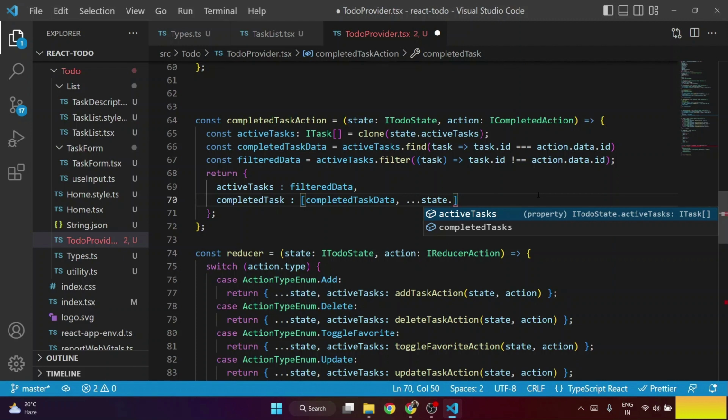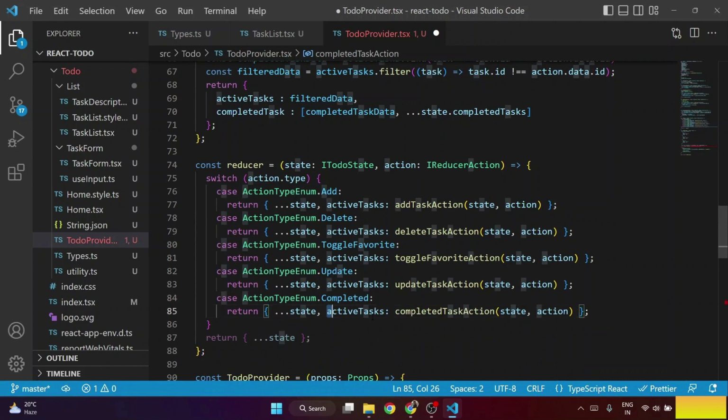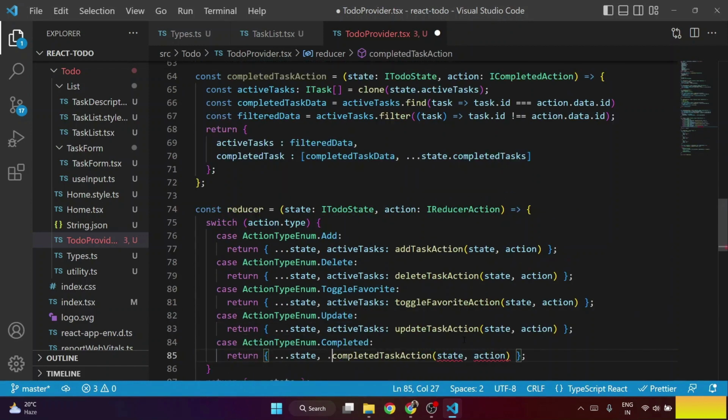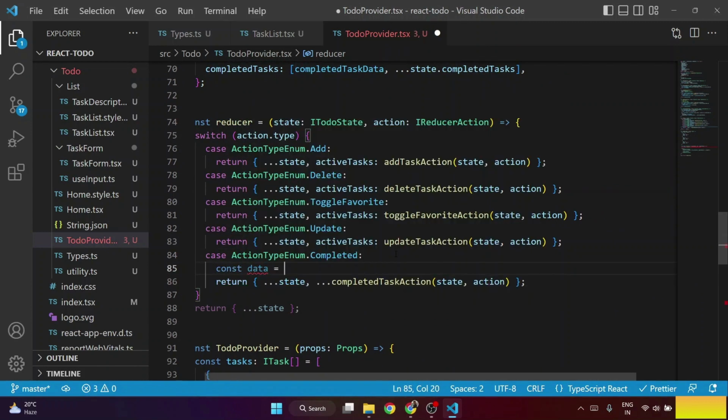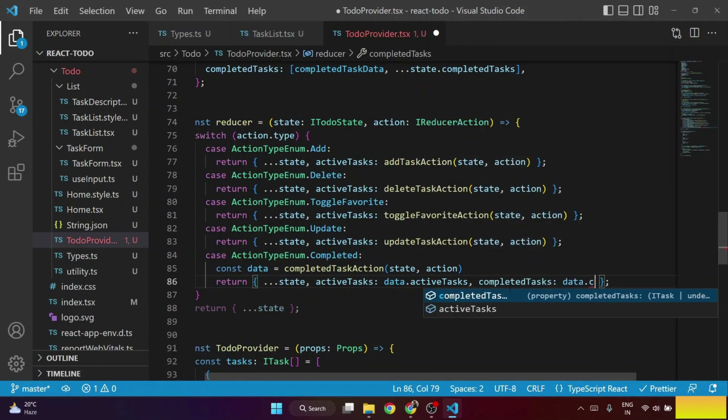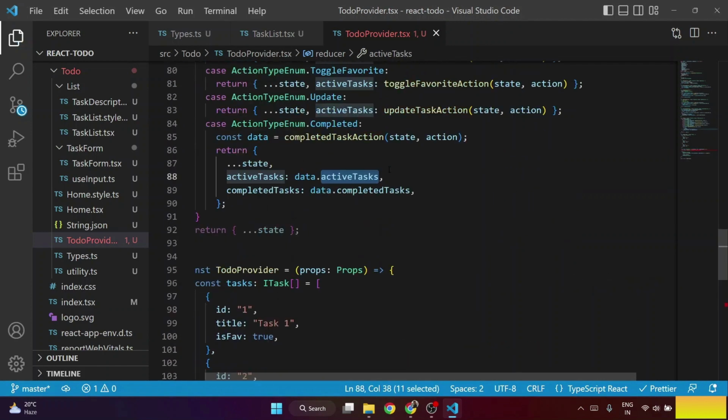destructuring of state dot completed task. Okay, and I will use this directly, not in this way. I'm removing it. It is a destructuring. Okay, so we can make it simple. We can take this result inside a variable called data, and directly we can do active task from data, and completed task from data dot completed task. Okay, let me check spelling. Okay, so